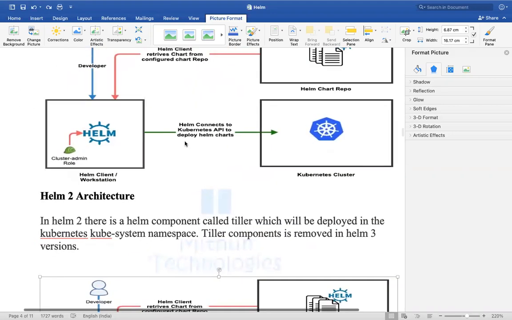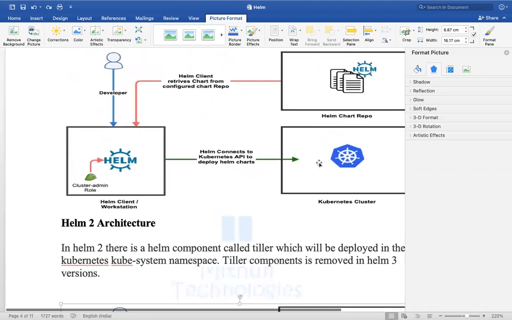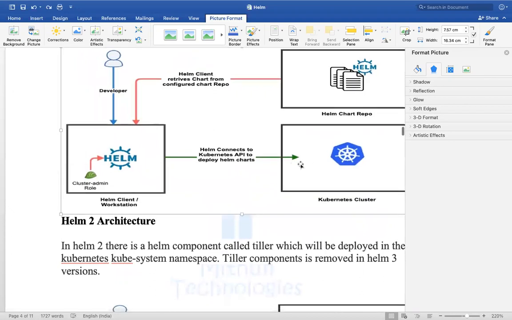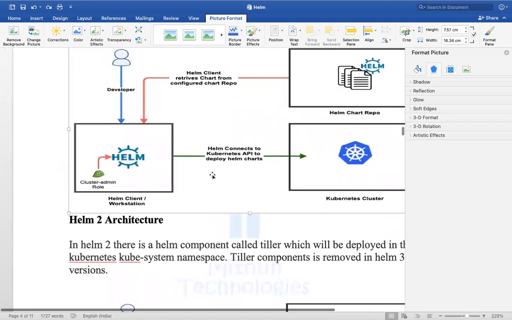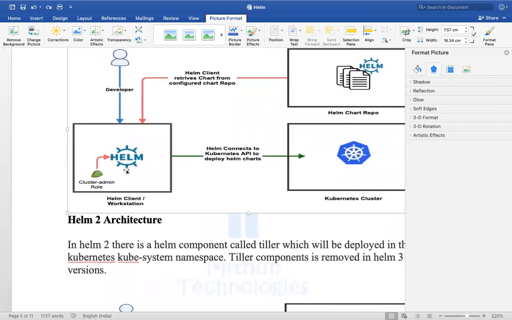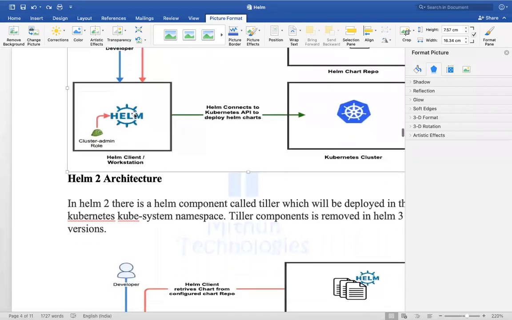So here we don't have a Tiller. Helm will directly connect to the Kubernetes cluster API. Again, suppose as a developer I have installed Helm, but will I be able to deploy the Helm chart if I don't have permissions? In Helm 3, what is it using, guys? In Helm 3, it is using the kube context, the kubeconfig.